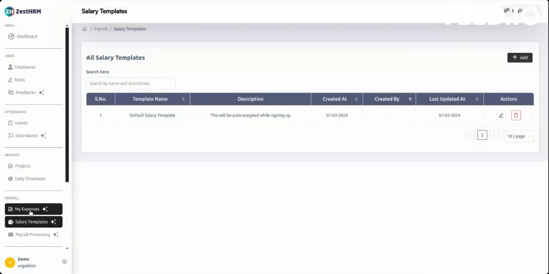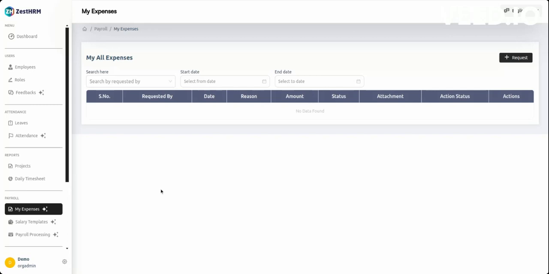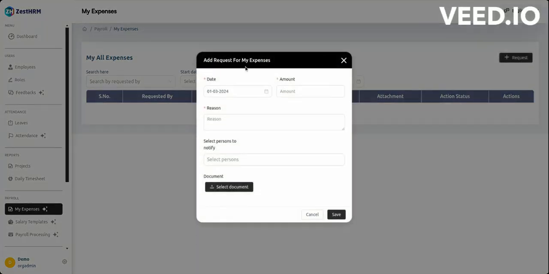Now you can see My Expenses. In My Expenses, you can request any expenses you have incurred for the company. You can mention the date, amount, and reason for that expense, and the person you want to notify. If you want to notify any accounts department person, you can select that person for your